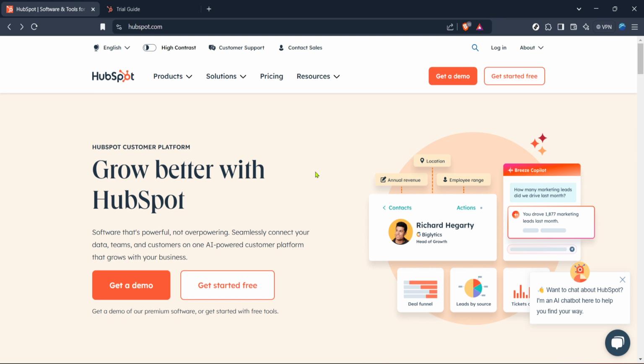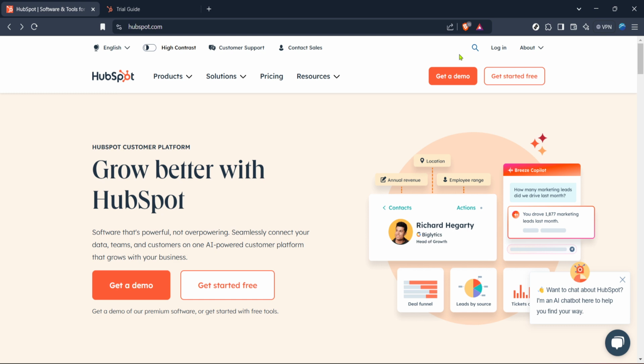First, you're going to want to start by navigating to the HubSpot homepage. You can do this by opening your preferred web browser and typing in the HubSpot URL. Once you have the homepage open, you'll need to log into your HubSpot account. Simply locate and click on the Login button. If you don't have an account yet, you may need to sign up, but for today, I'm assuming you have your credentials handy and can log in without any issues.